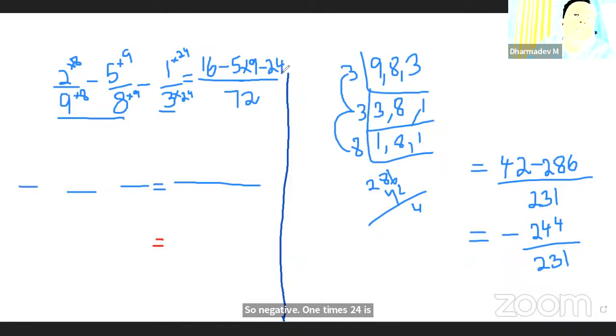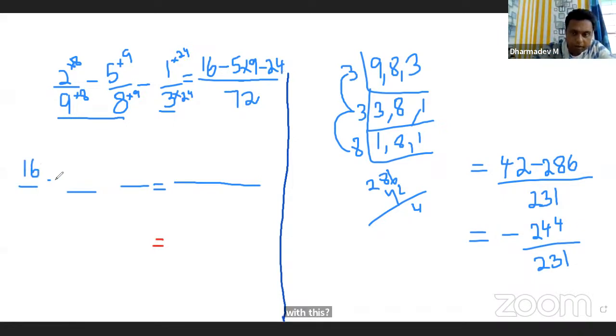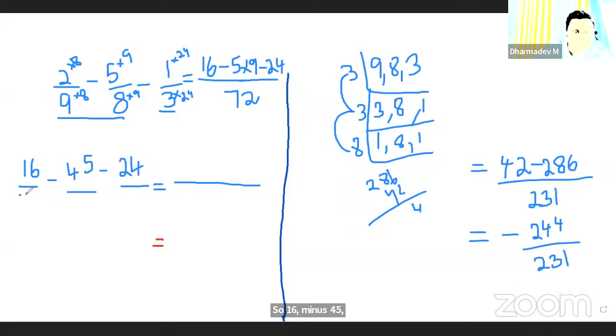Are you clear with this? Are you clear with the steps? So 16 minus 45 minus 24, whole divided by